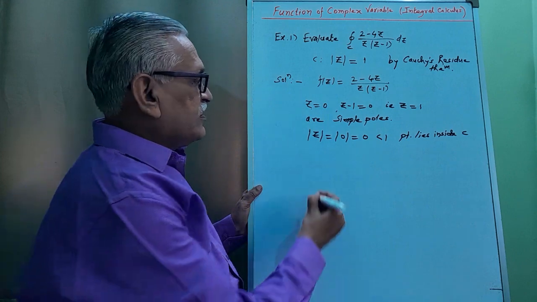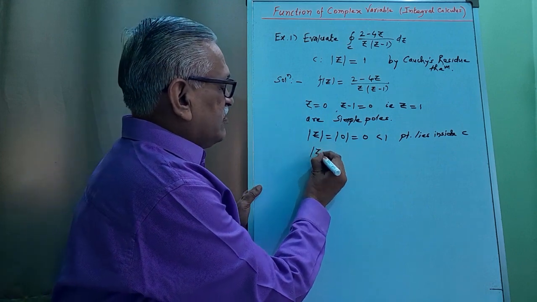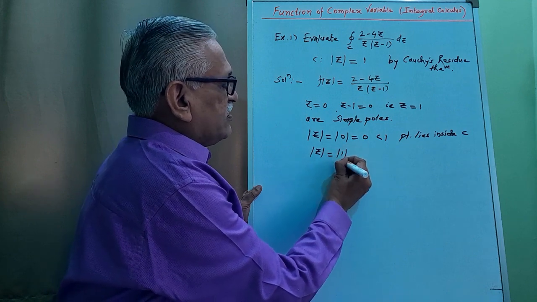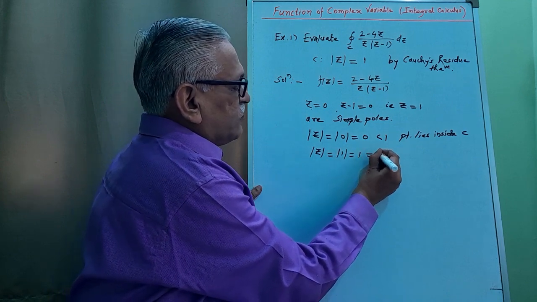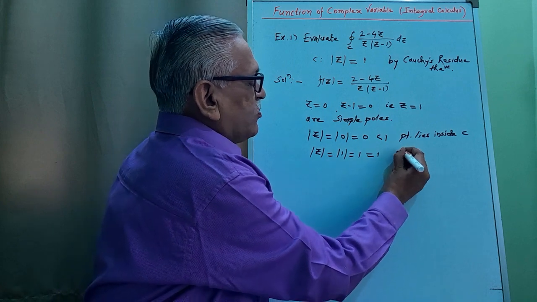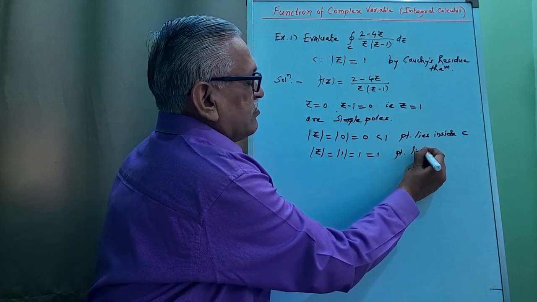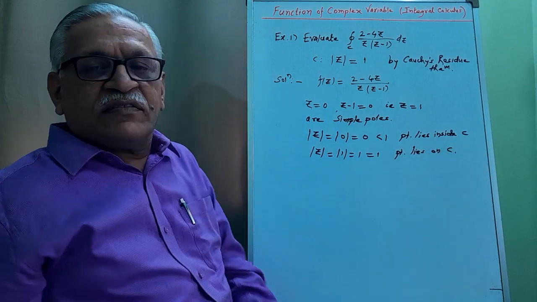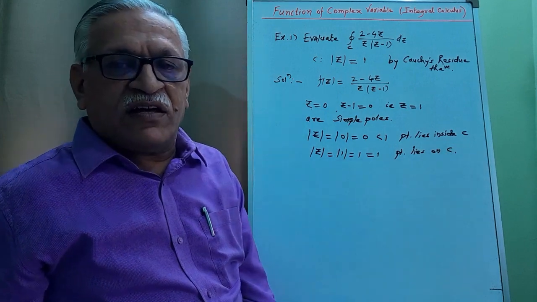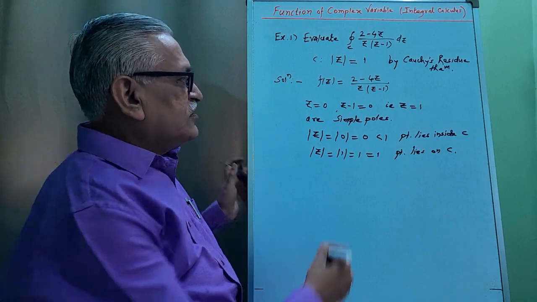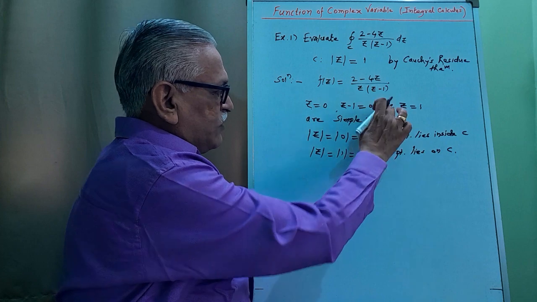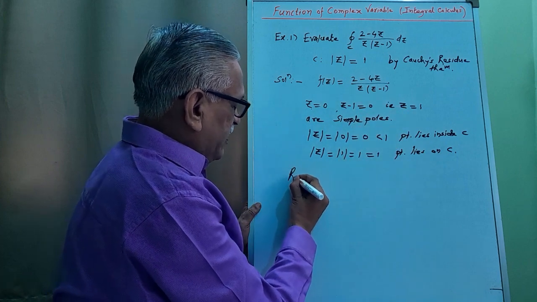Curve C. The second point, mod z at z equals 1: mod of 1 is equal to 1. Therefore, the point lies on that curve. And as the points lie inside and on the curve, we try to find the residue. As both are simple poles, we get the residue